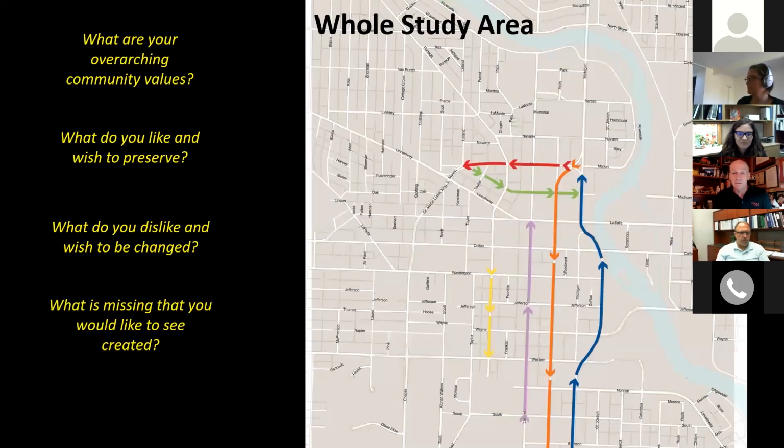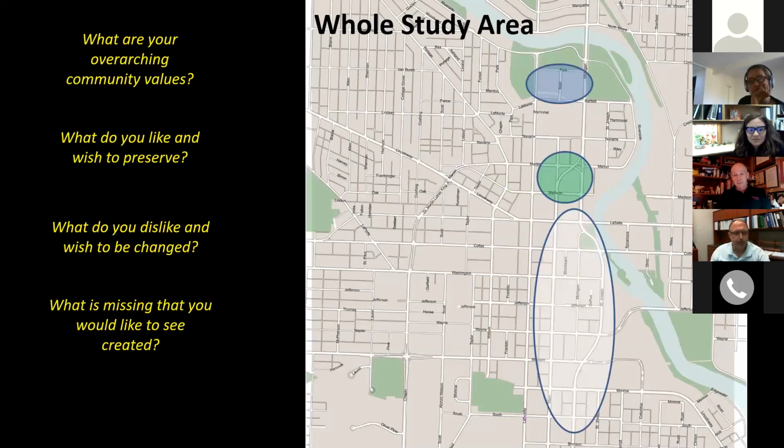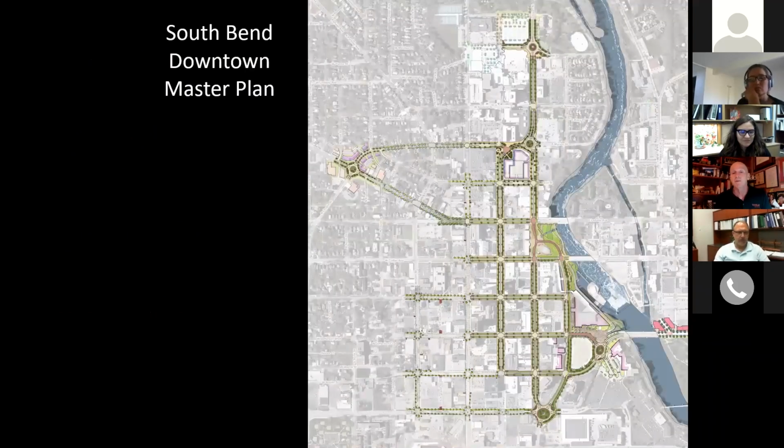So in South Bend, there were a couple of difficult intersections and a bunch of one-way streets that were very problematic, which we learned about. And so what we did is we drew the answer. Oh, by the way, this was the hospital area at the north, the redevelopment site, and the main streets were terrible.